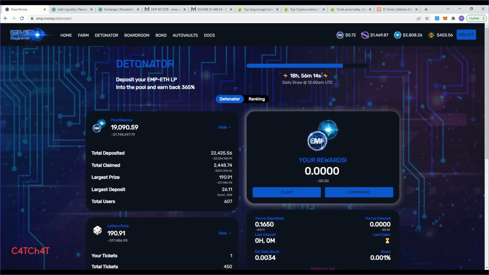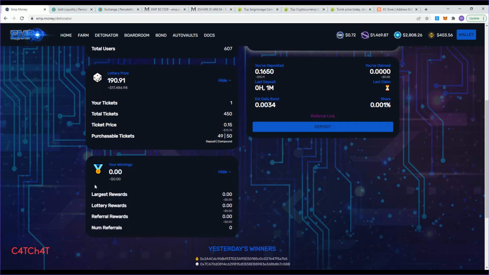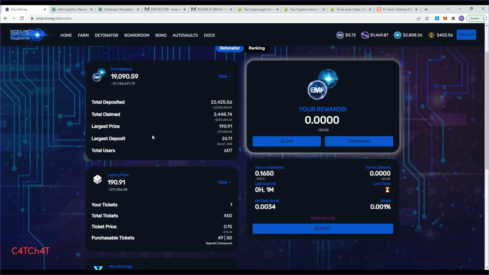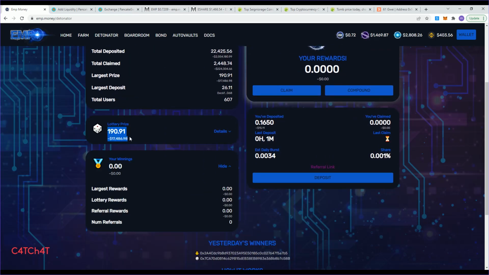After this time expires, what's going to happen is this ticket, if I were to win, it would show the winning down here, and I would receive this amount.